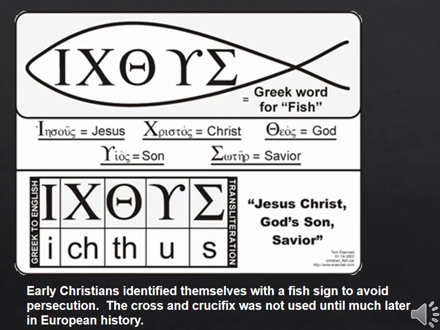So on the graphic you can also see why is it a fish? Why do they use fish symbols? Ichthys is the Greek word for fish, and it's a clever little word play going on here. If you say the phrase Jesus Christ, God's Son and Savior, in Greek, and you take the first letter of all of those Greek words and put them together, it's what you see here. That is ichthys, and that means fish. So it's actually kind of clever when you think about it in that way.